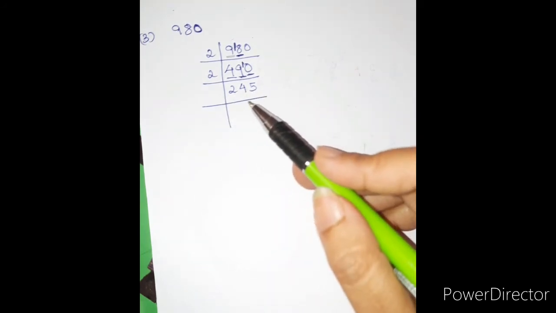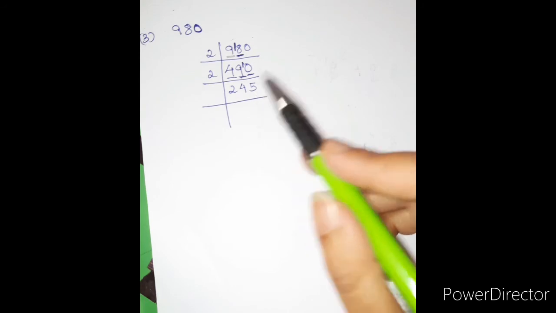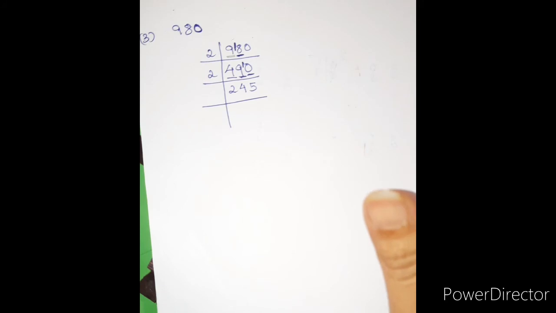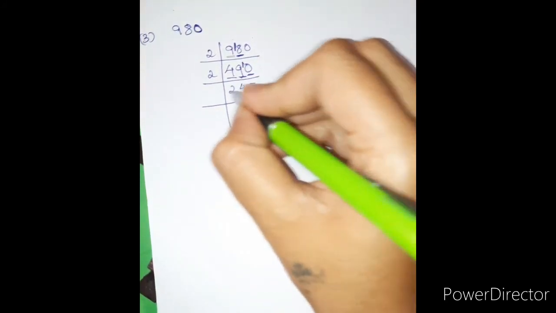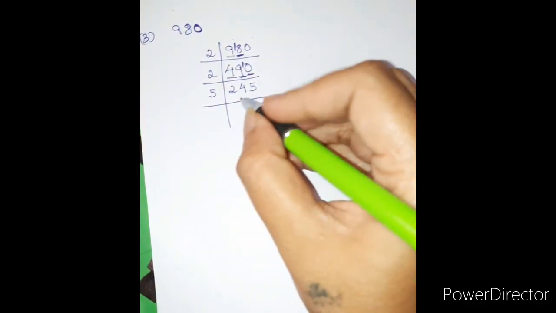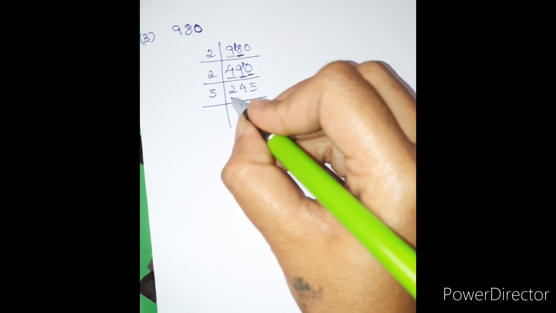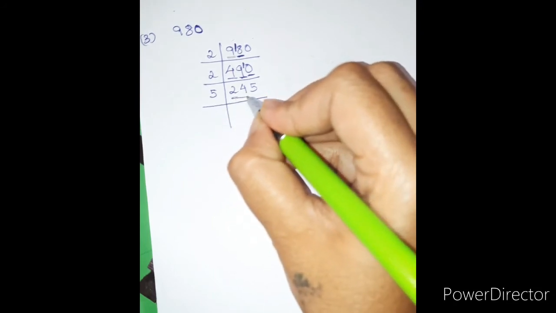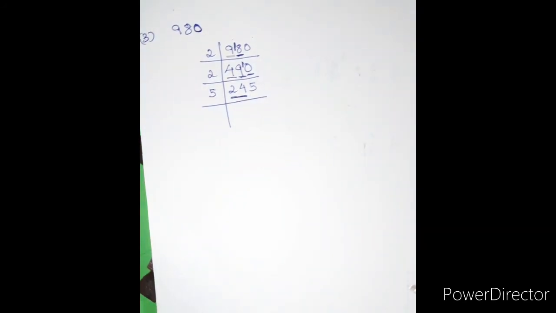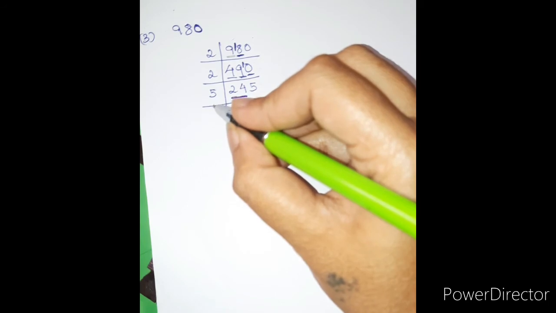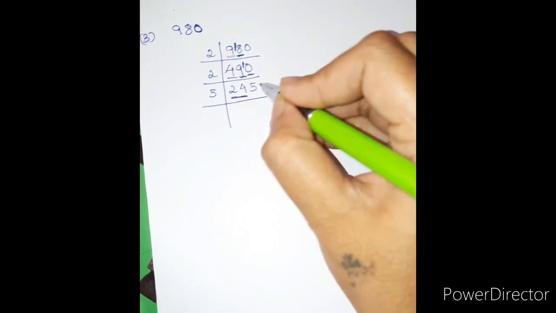Now remember one thing, when you have 5 or even 0 in the end, you can directly take the table of 5 or the prime number 5 to solve. Okay, here let's take the table of 5 to solve. Now look at this, 2 is much smaller than the prime number 5, so you can take the first 2 digits only the first time. 24 is there in the table of 5? No, but I can give a balance for the next number.